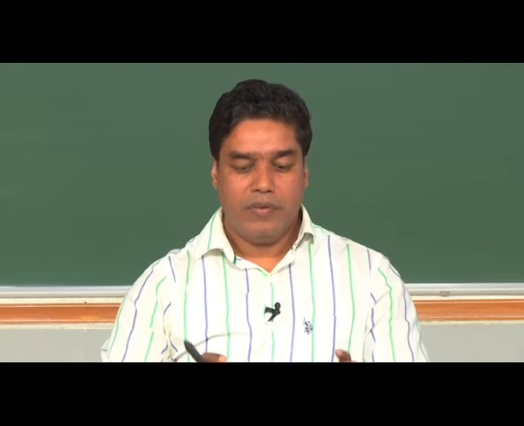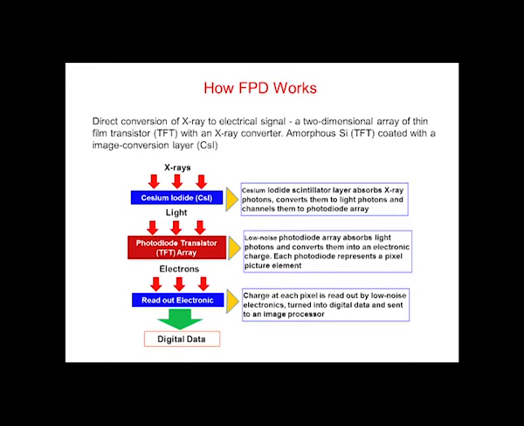So, this is all within the same unit. Before the X-ray intensity is converted into an electrical signal, it is first converted into light photons, and for that the top layer of this FPD is coated with a scintillator layer made of a material like cesium iodide. This kind of material, cesium iodide, has the ability